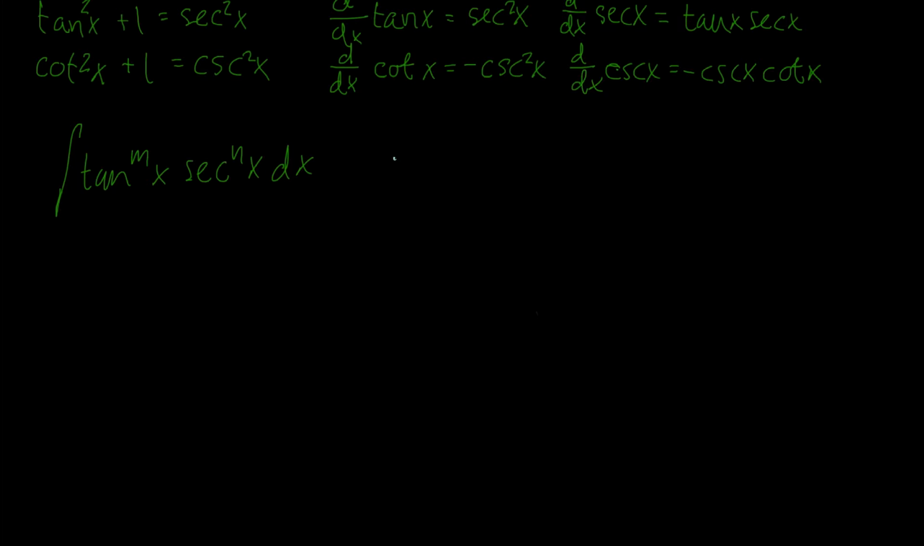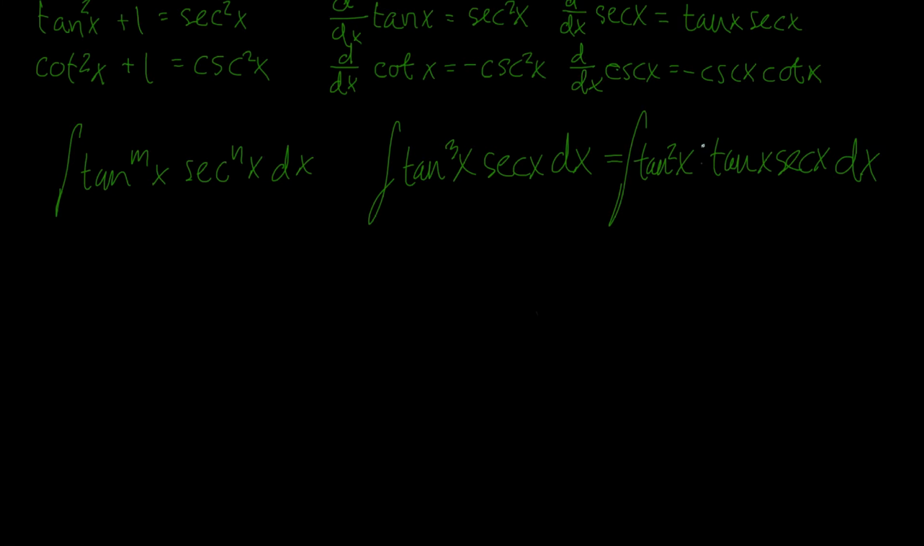So the next rule basically says if your power of tangent, if your m over here, if m is odd, you want to isolate a secant times a tangent, rewrite the rest of your tangent functions in terms of secant, and then you want to use a u substitution of secant x. So I'll show you what I mean by this. Here we have a function that fits the bill. We have an odd power here, and so we're going to isolate a secant times a tangent, and I can rewrite this integral as,